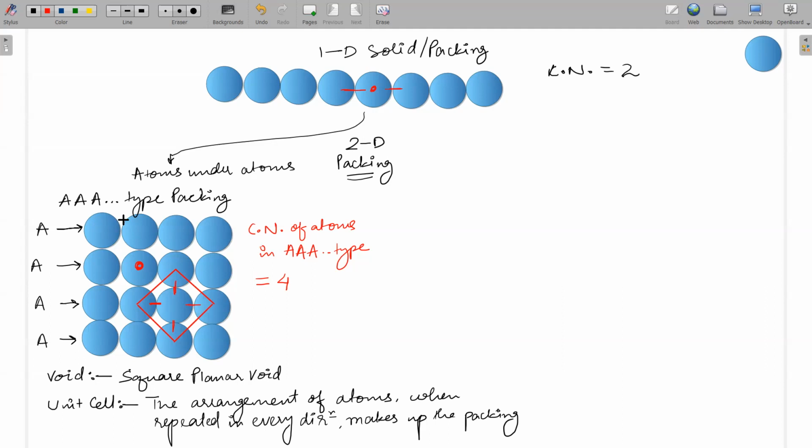Yeah. Whenever I say coordination number, you please understand that I am talking about those atoms whose environment is completely made. No other atoms can come above, below, right, or left of them. Okay. So no one will ask the coordination number of this atom because it is not complete. I mean, it can have atoms here. It can have atoms here. Okay. So please remember that. So the coordination number of atoms is 4. Now there is one thing which is known as packing efficiency, but packing efficiency will come later.